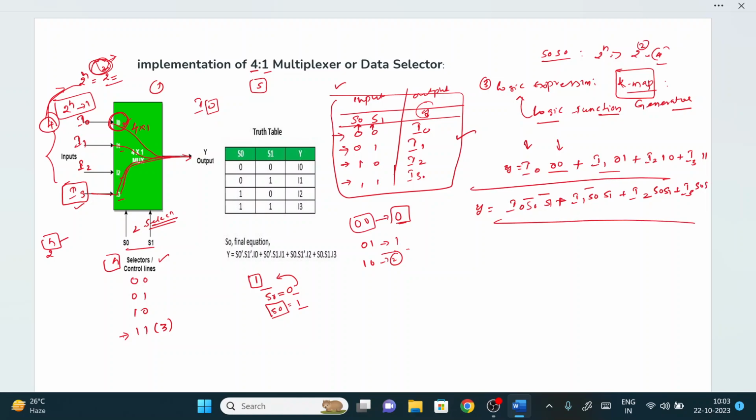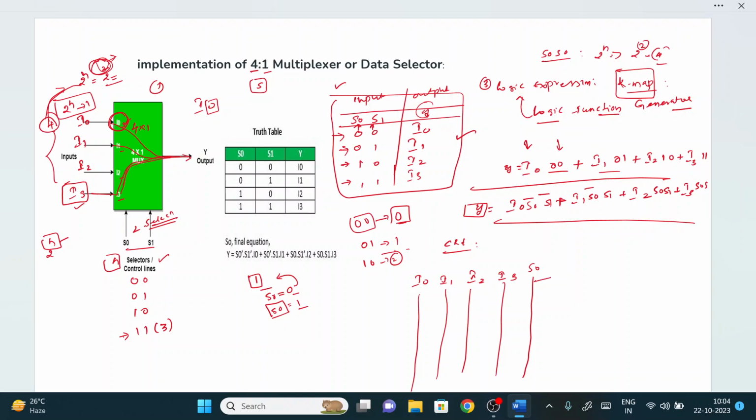After finding the logic expression, what is the next step? We need to find the logic circuit diagram representation. See how we can draw the logic circuit diagram in the easiest manner. This is the output function Y, because of this input combination only we get the output. How many input variables do we have? I naught, I1, I2, I3 are present. Next, S naught is there. So let me consider I naught, I1, I2, I3 as connecting wires. We have S naught, which means just a connecting wire. But somewhere you will also have S naught bar.